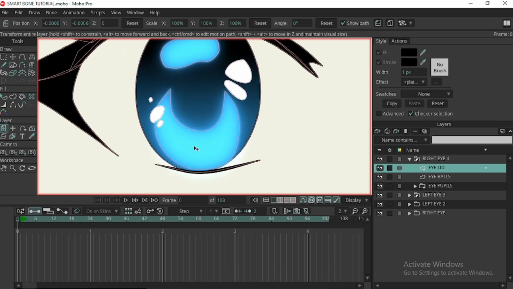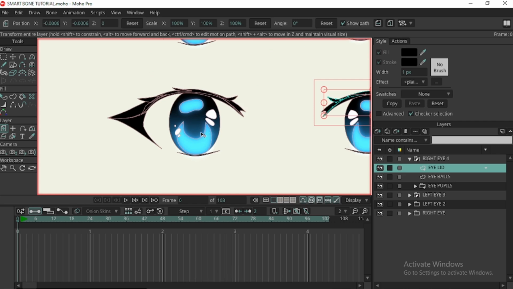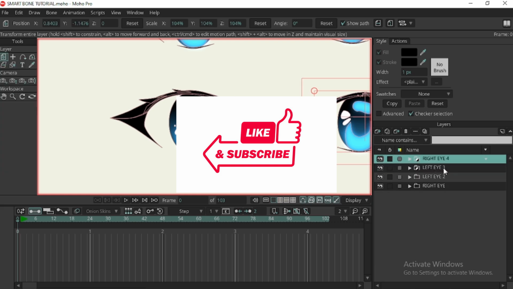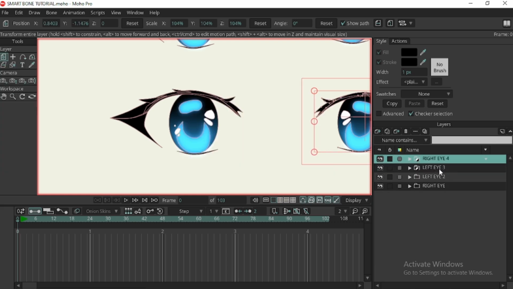This eye layer was created in Moho. Everything you see was created in Moho. So the first thing we're going to do, we already created the eye layer, which is this. Create the layer you want to animate. When you are done with that, the next thing for you to do right now is for you to create